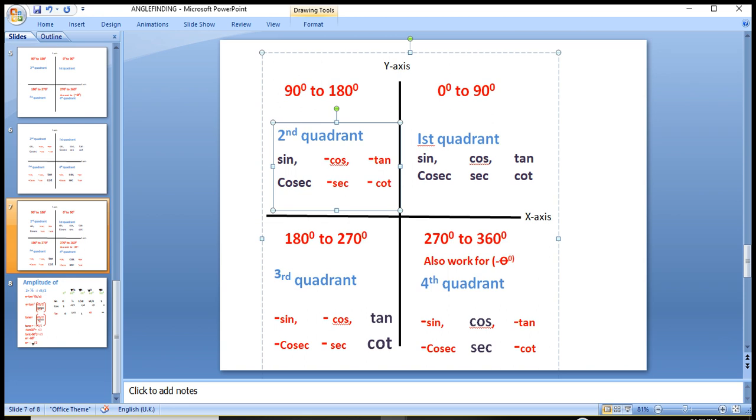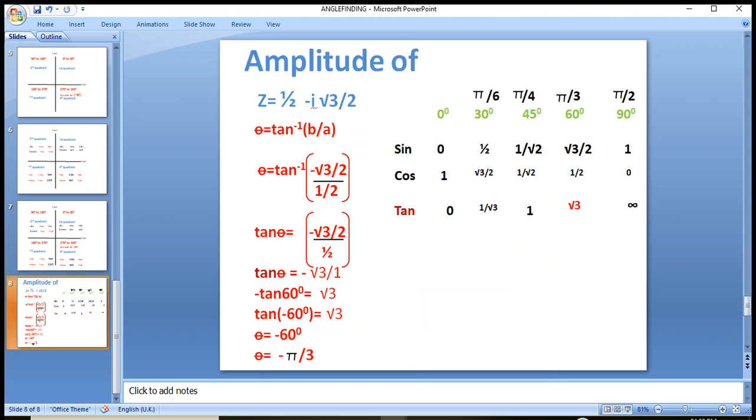You are watching, here I have written minus tan 60 degrees. You have seen first the b value in the formulas. Your b value is under root 3 by 2 and your a value is 1 by 2. And then you have removed the inverse sign. Tan goes to the left side. Then you have cancelled 2 and you are left with tan theta. Then you have seen under root 3.